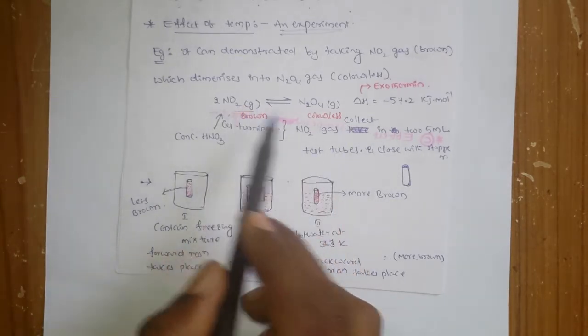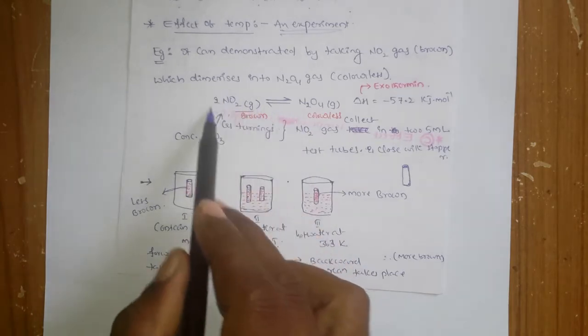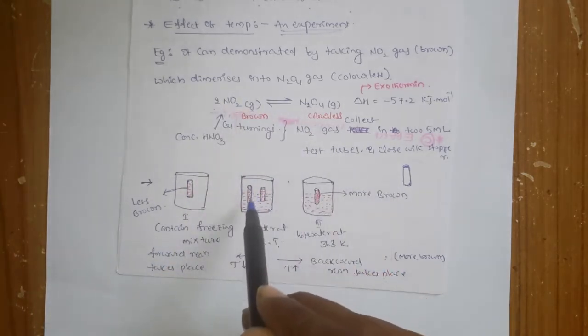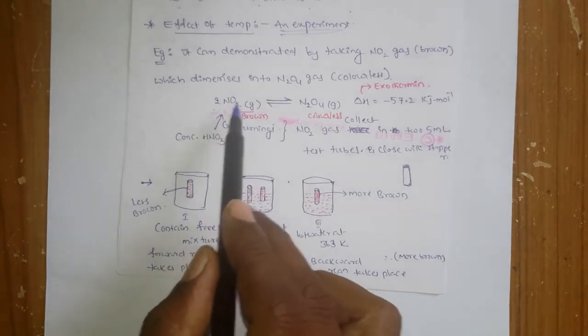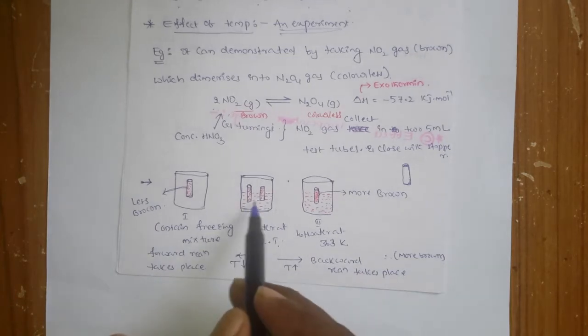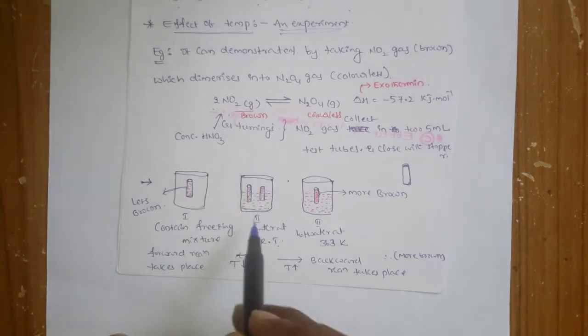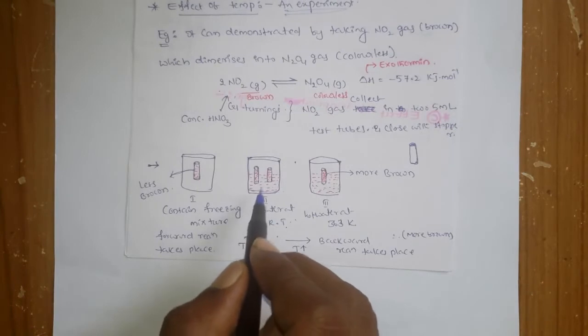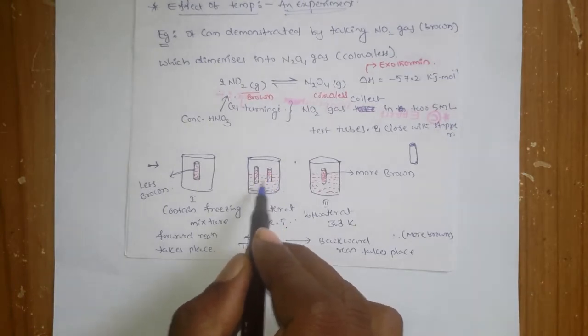In both test tubes he filled the nitrogen dioxide gas and closed them with a stopper. Okay, and he kept them in a beaker with water at room temperature. And there he has seen a brown color